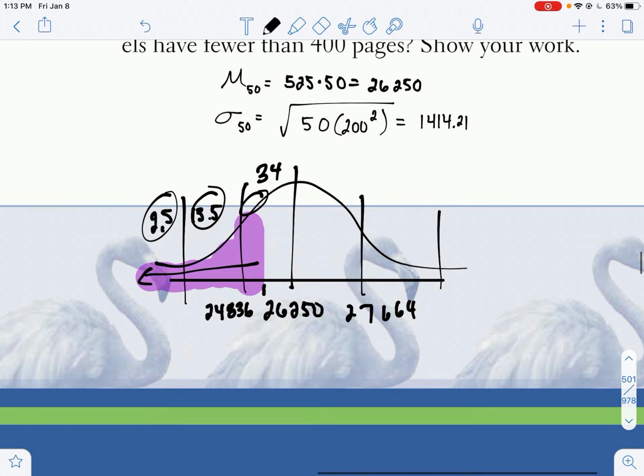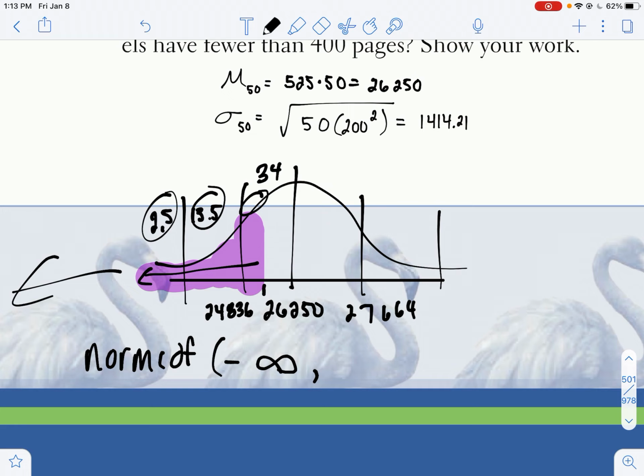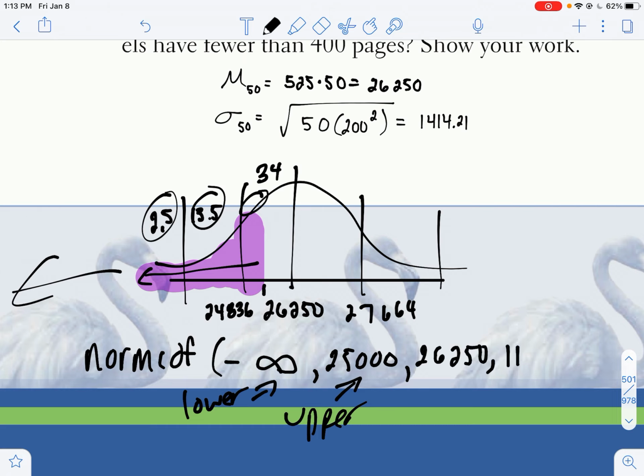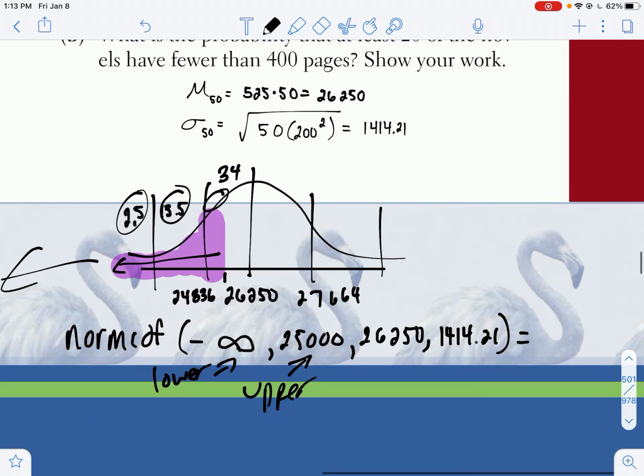But how do I calculate it exactly? We're going to go norm CDF. I'm going to plug in negative infinity, because again, it can go all the way in this direction. The upper value I'm looking at is 25,000. Again, always label, upper. For my mean, 26,250. My standard deviation, I'm going to plug in 1414, with the decimal too. Again, I just rounded for my drawing just so I can have a basis of reference here. And if you plug this in, you will get